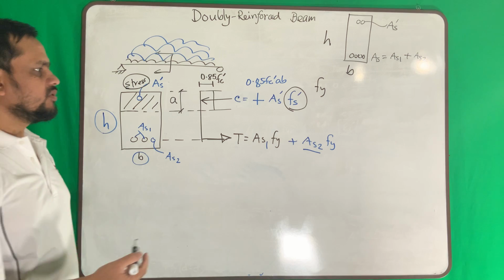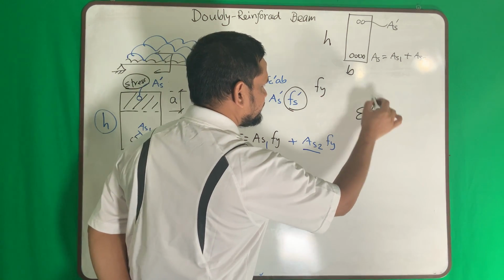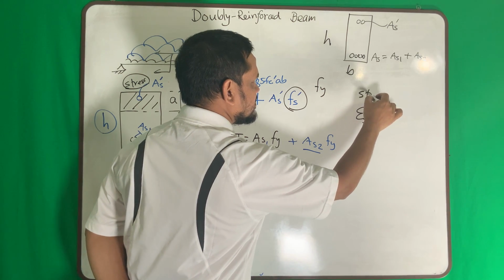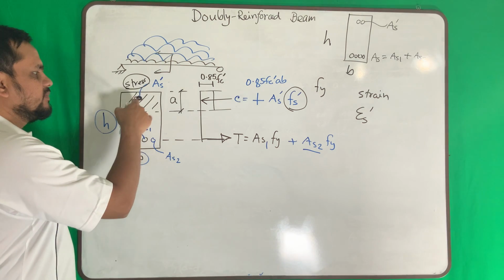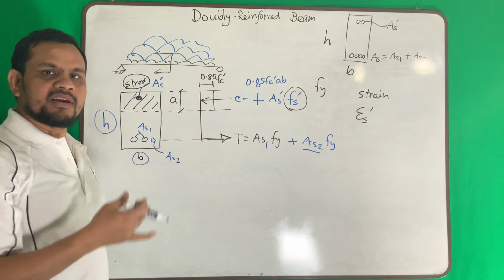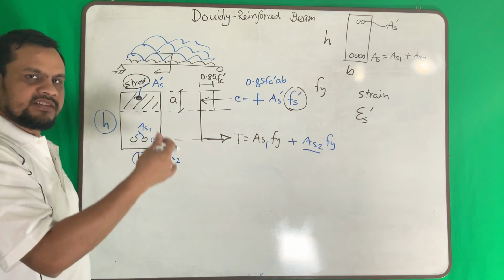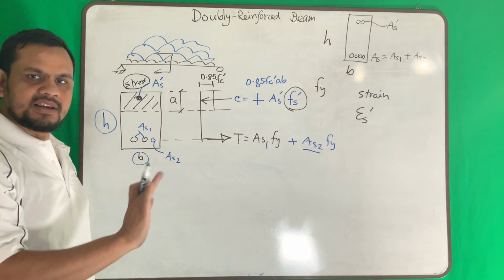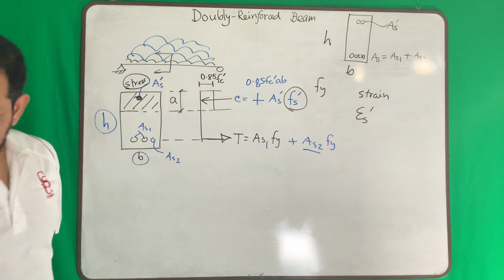Now, how do I know? We have to find the strain here. We need to find the strain here. If this strain is more than my yield strain, then it yields. If that strain is less than my yield strain, then it doesn't. How to find this? If I draw the strain diagram,